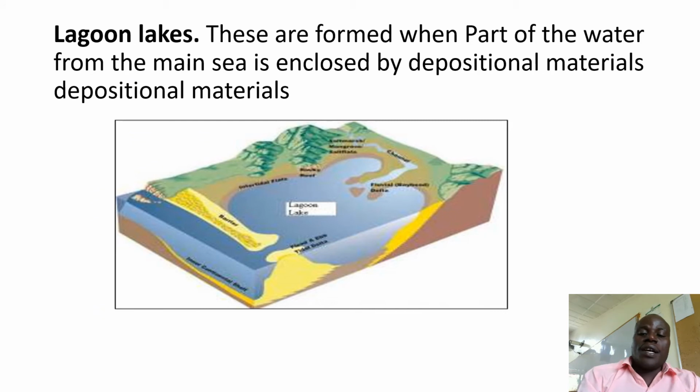Then we have lagoon lakes. We also covered these ones under coastal geomorphology. We said these are lakes formed when part of the water from the main sea is enclosed by depositional materials and it is separated from the main sea. Part of the main sea is separated